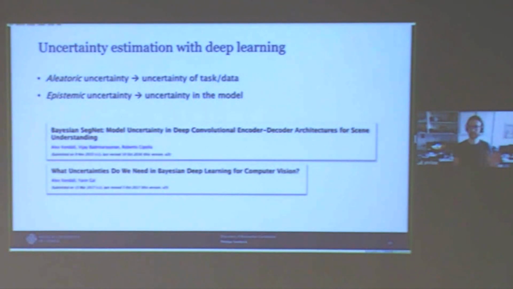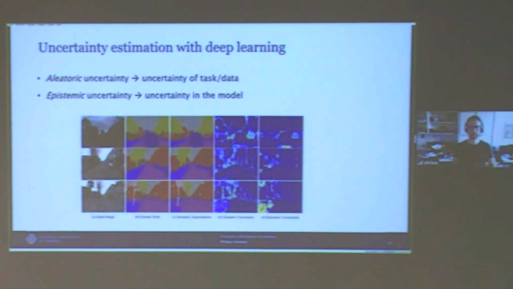So there are different types of uncertainty prediction that we have in data. There was a paper from 2015 by Gal et al., which defined some different types of uncertainties and techniques for how to derive them. One is the aleatoric uncertainty, the uncertainty of the task or data. This is uncertainty which you cannot change. You can see here in this example, this uncertainty is high in areas where the resolution is not good enough to differentiate between the different objects, for example, and so on.